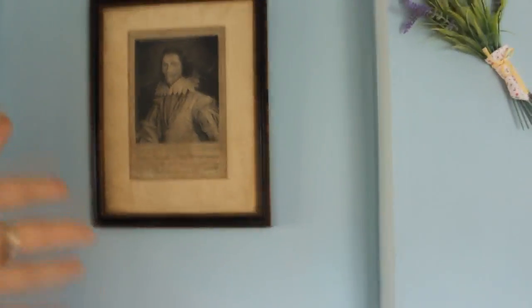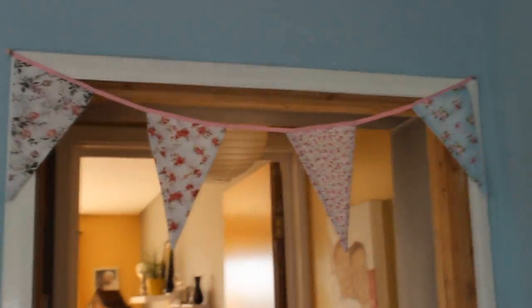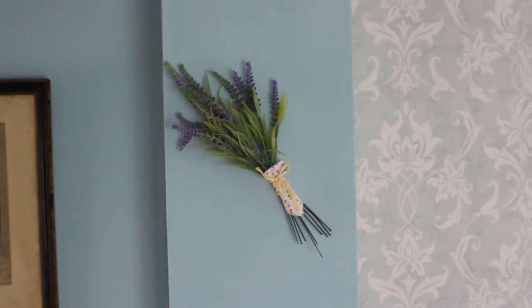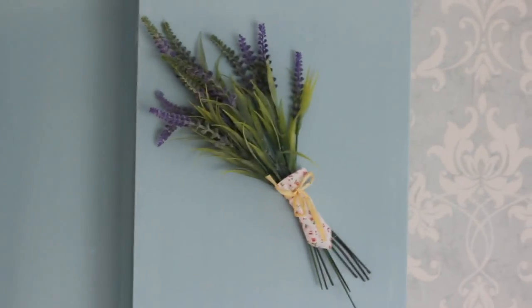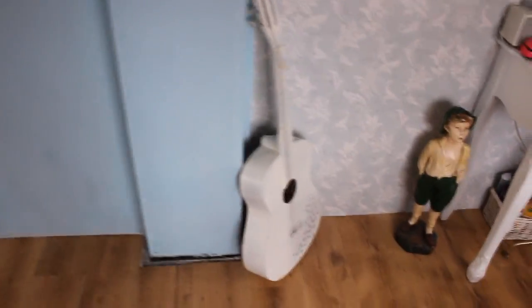So I'm just going to start from the left, actually from the door. As you can see, I've got some really cute vintage Shabby Chic banner around my door. That's from The Range. I've got some lavender flowers. They're not real, but I just really like how they look, so I just hang them up on there. And then moving on,